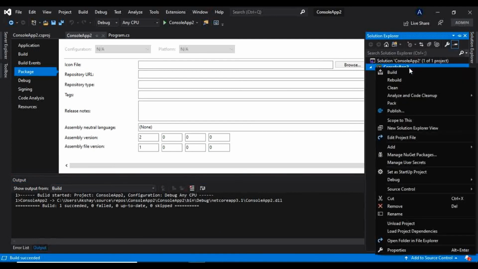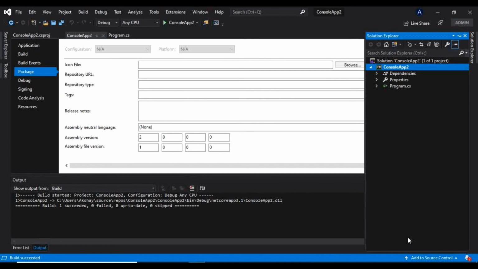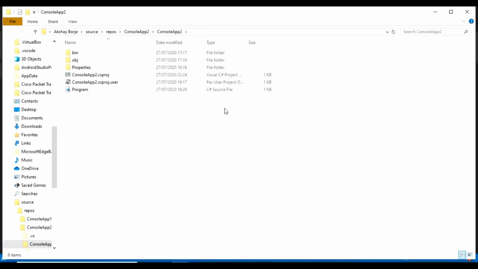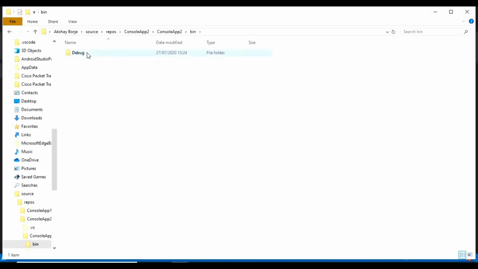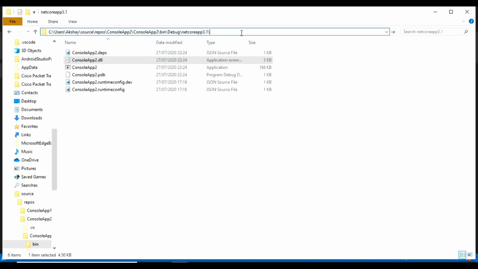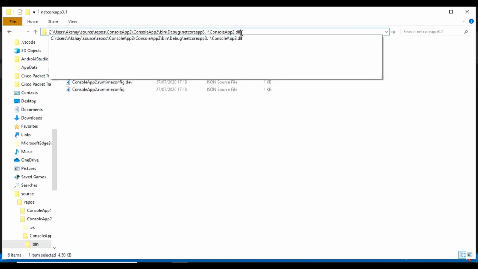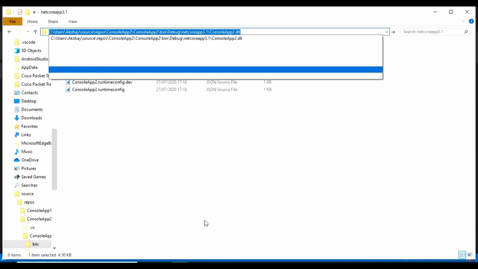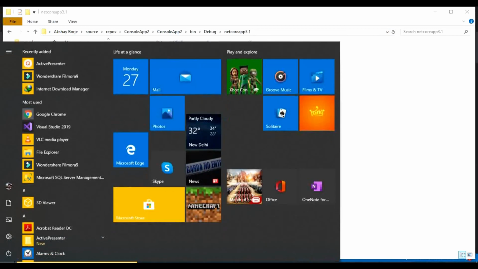We'll again go to the assemblies folder, bin, debug, netcoreapp3.1, and we will follow the same procedure. I will take this whole path with the assembly's name itself. I will press Control C, copy this, and again go to the developer's tool.